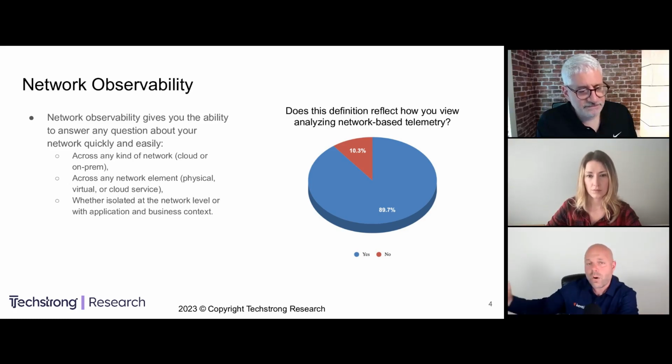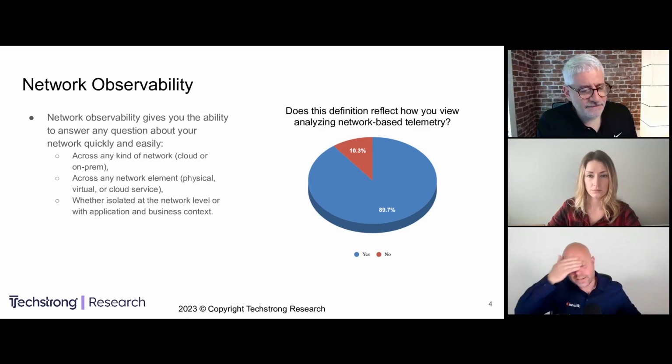Not just knowing, oh, my BGP adjacency is going up and down, or I have an OSPF adjacency that's flapping. Oh, I want to know that. But if you can get me to the why faster, well, that's really what we're doing here in network operations. Fix that problem faster.